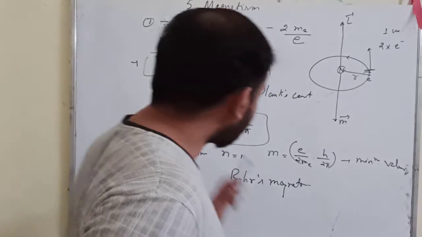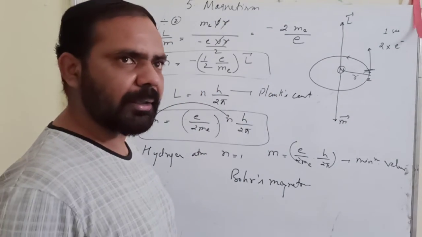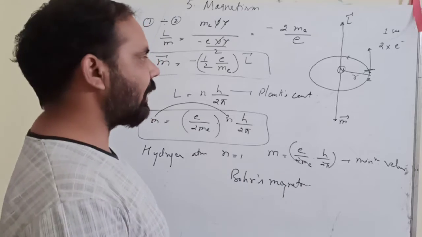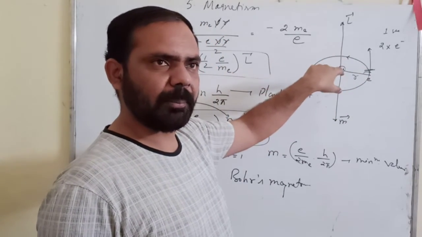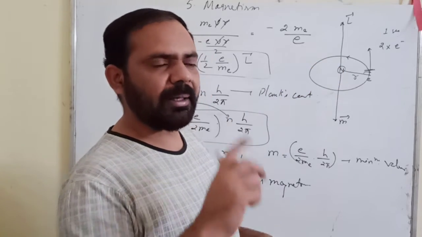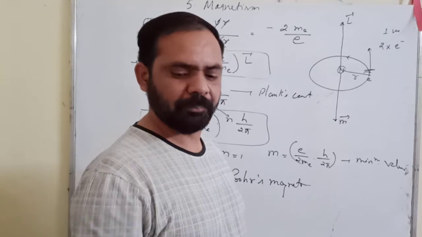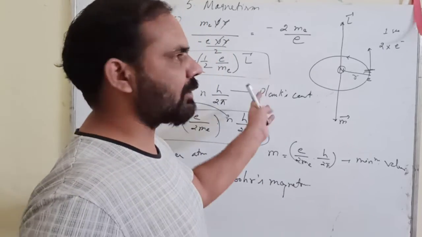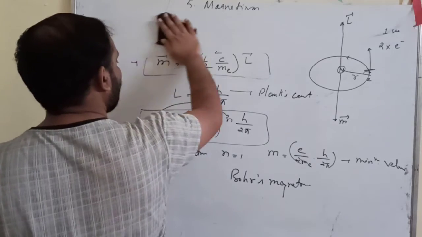Okay. Now one more thing, whose derivation is not included in our syllabus: we know that electrons are moving around the nucleus on a circular path. At the same time they are rotating on their axis also, they have a spin also. So due to that spin they have some dipole moment. And how much is that dipole moment?